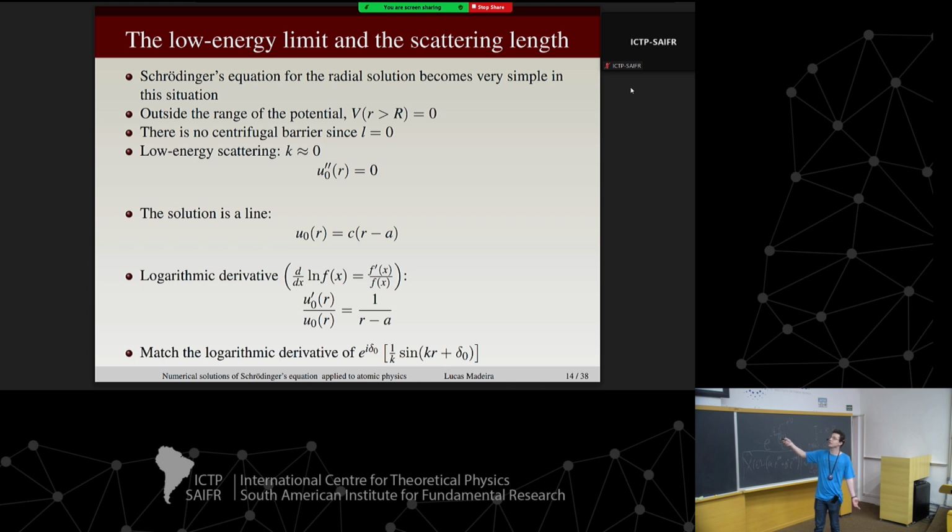The second derivative is 0, so the solution is just a straight line, okay? And it's a second-order equation, so I have two constants that I need to determine. I'm going to write it like this because I already know the answer. That's why I'm writing it like this. So, as I said before, I want the normalization problem to go away. All right? So I don't want to calculate this normalization.